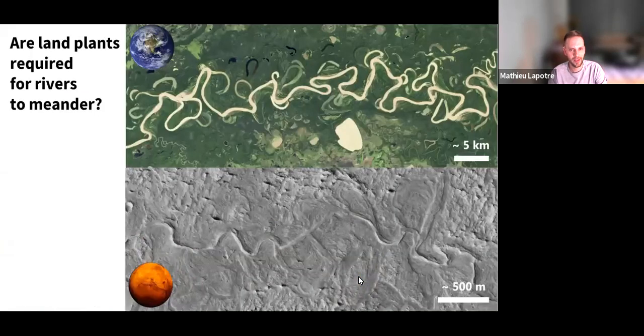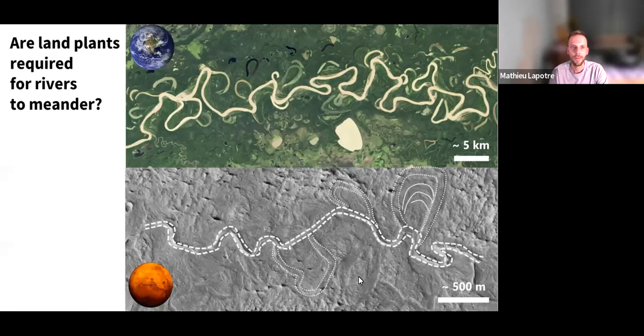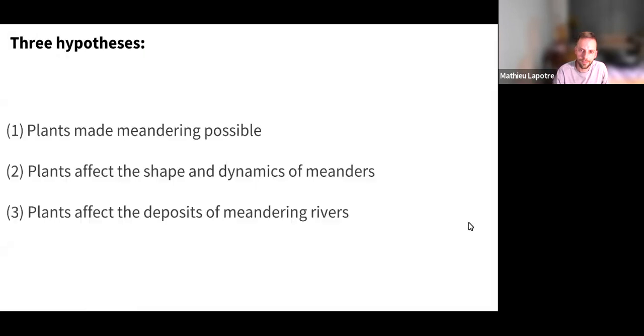Now, something doesn't sit quite right with this hypothesis. If we look at Mars, which is the picture you can see here at the bottom, which most realistically never hosted anything as complex as a land plant, we clearly recognize the deposits of meandering rivers. Not only do we see these sinuous ridges, which are the remnants of amalgamated channel bodies, but we can even see evidence for lateral migration in the form of scroll bars and abandoned meander loops.